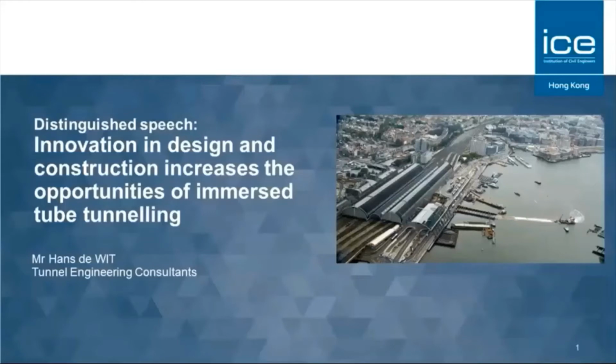In immersed tunnelling of the past decades. Innovations that have stretched the limits and that have increased the competitiveness of the immersed tunnel technique. And you will find